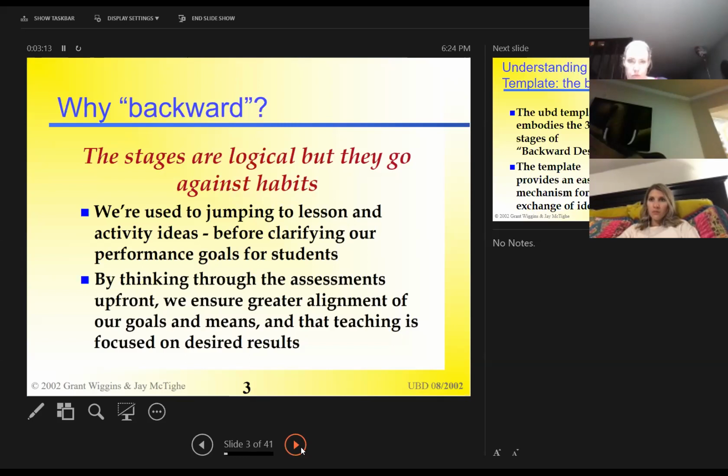So if you've never looked at a release test or sample questions from some of your state or national assessments that your students have to take, you're really missing the boat. Because what happens is we may teach a standard, and we may teach it really, really well, but it's not the same way it's tested on that assessment. So the three cannot exist without each other. Curriculum, instruction, and assessment absolutely depend on each other.